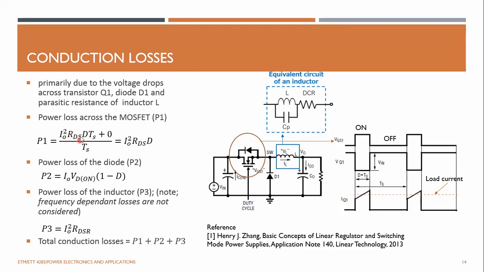So I squared times RDS, the turn on resistance of the power MOSFET, times the TON time duration, gives you the energy dissipated. In order to find the power, you have to divide it by the complete switching period. So I out squared times RDS times the duty ratio is the power loss across